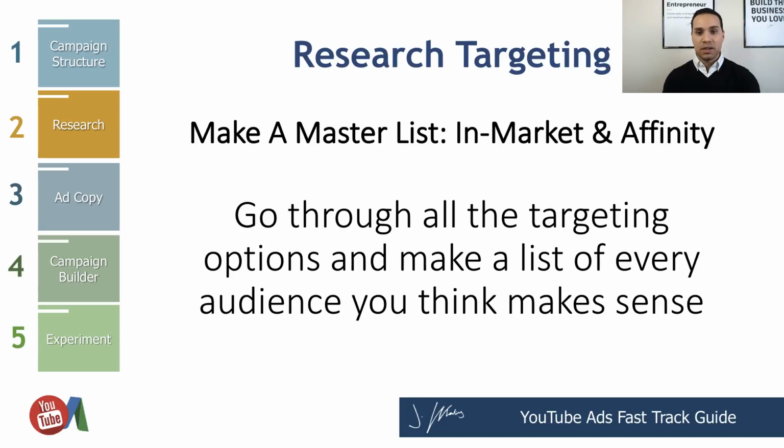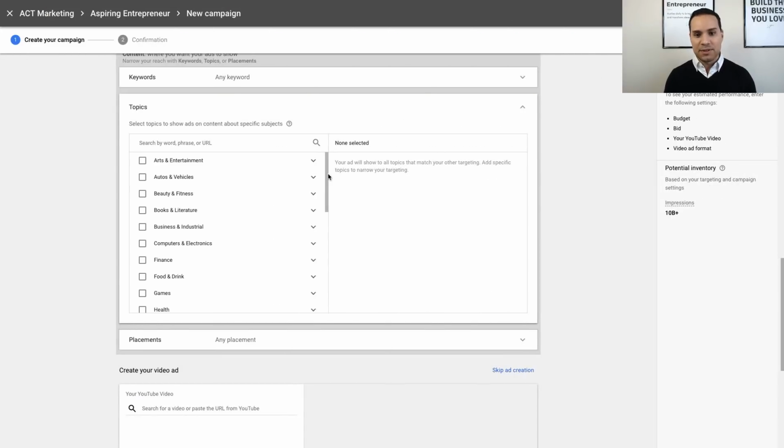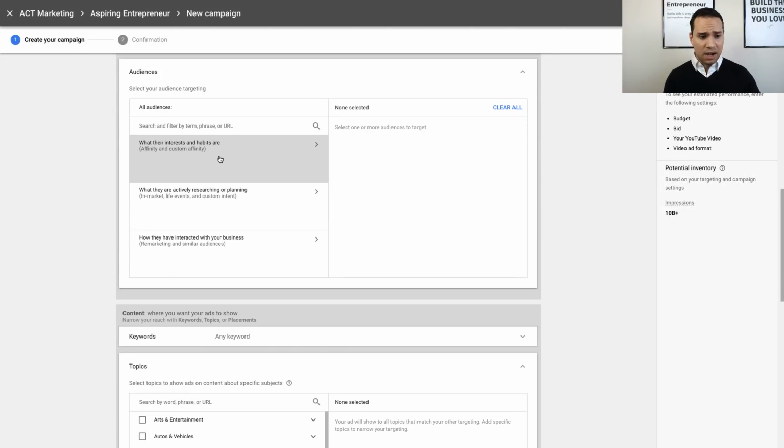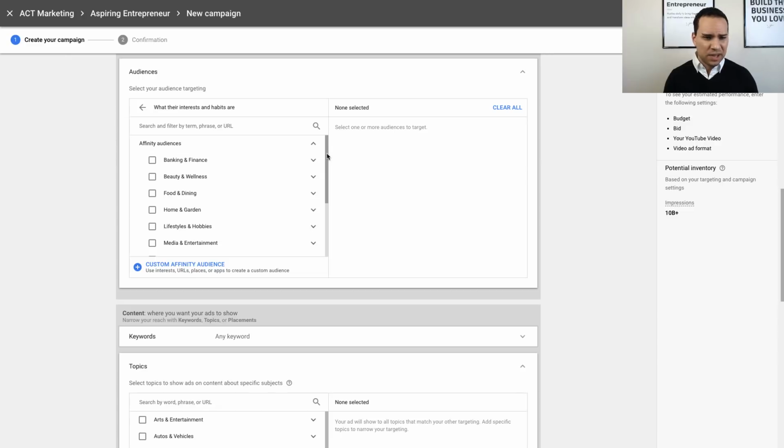So once you're pretty clear on who you should be targeting, in this particular example, I'm just going to target people who want to do YouTube ads. It's a little meta since we're doing a YouTube ads tutorial. Start by clicking on affinity or custom affinity. We're not going to get into custom affinity here. And then I'm going to go through this list,